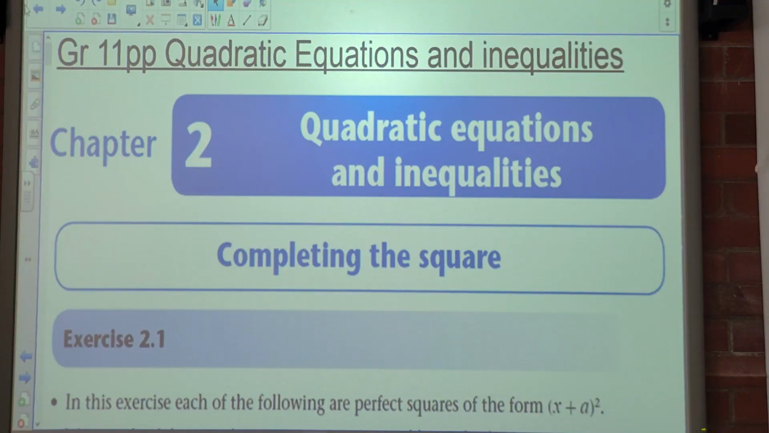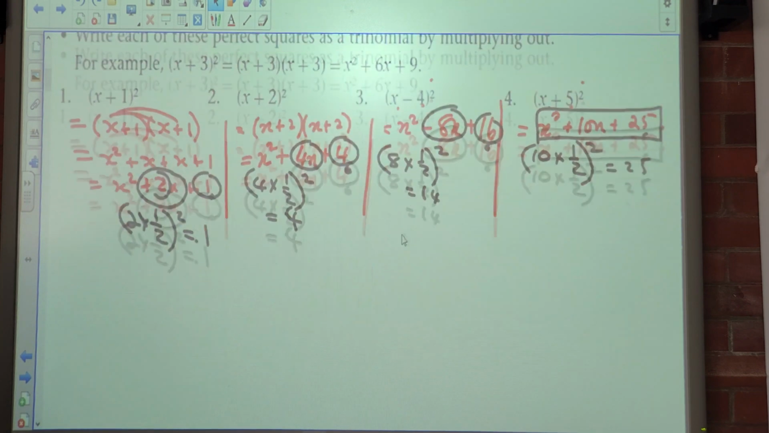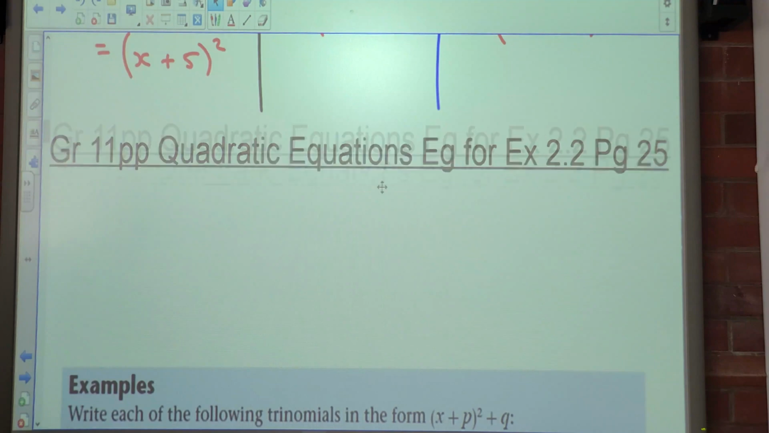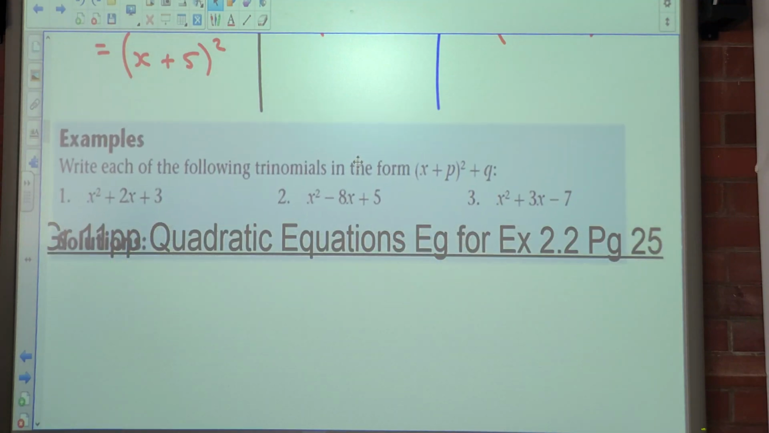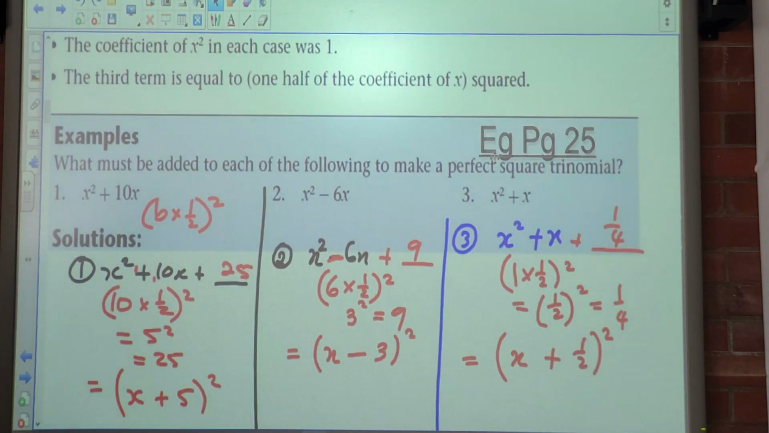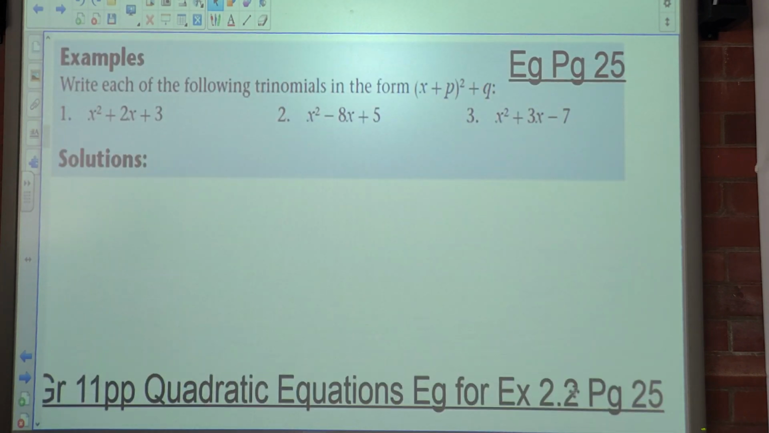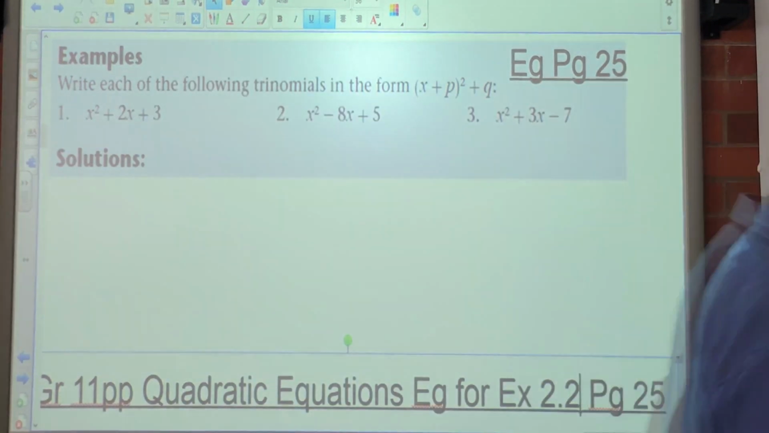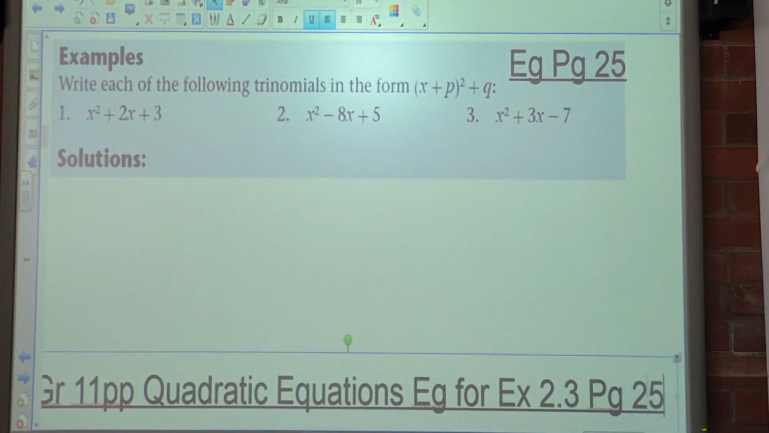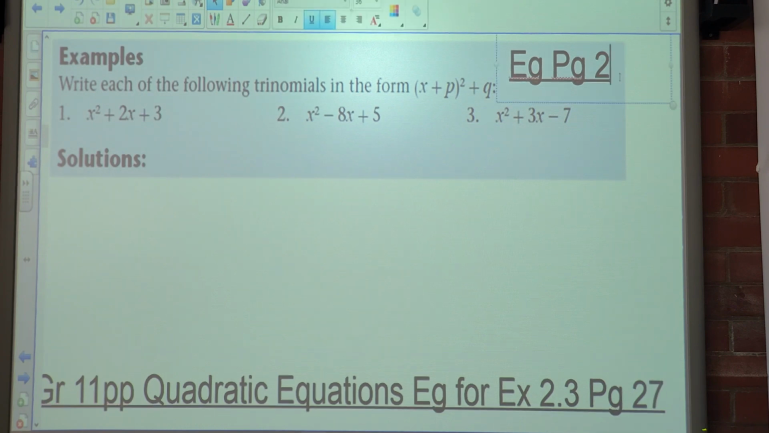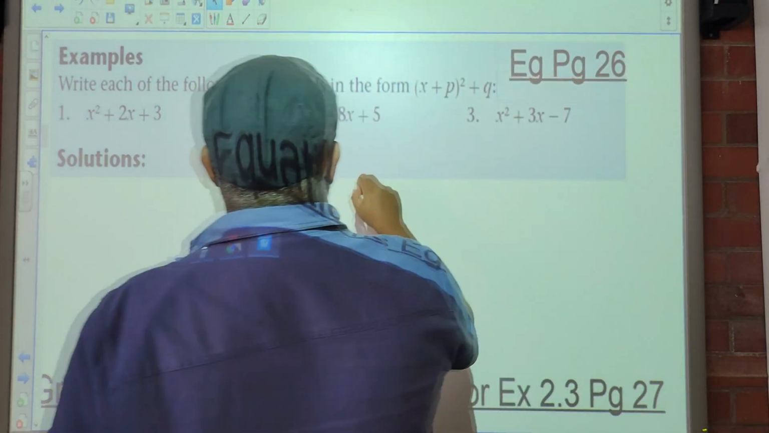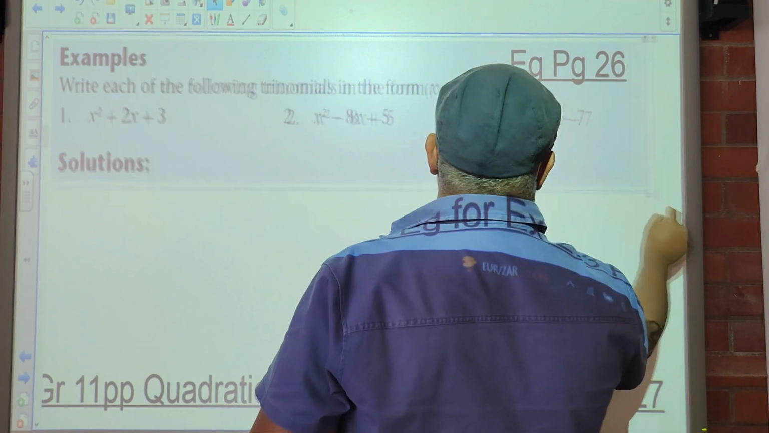Okay, good afternoon class. So today we're looking at quadratic equations and inequalities. So now we're looking at the example on page 26. And this is for exercise 2.3 on page 27. They say write each of the following trinomials in the form of